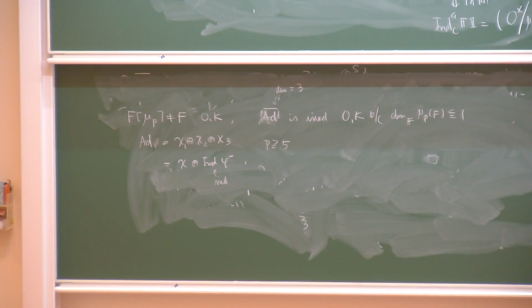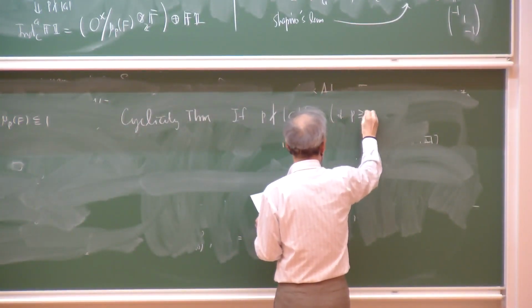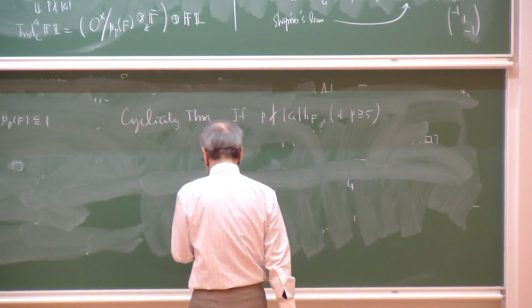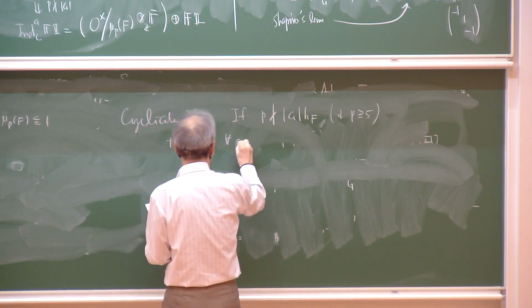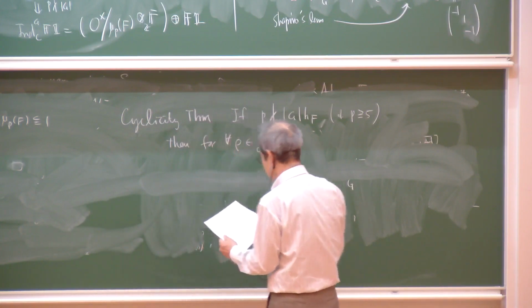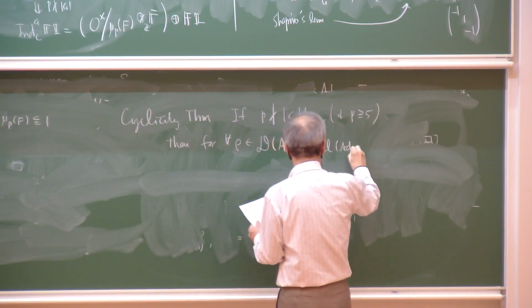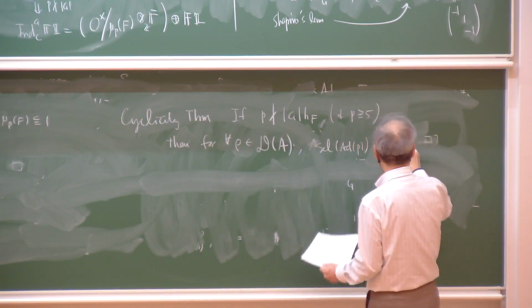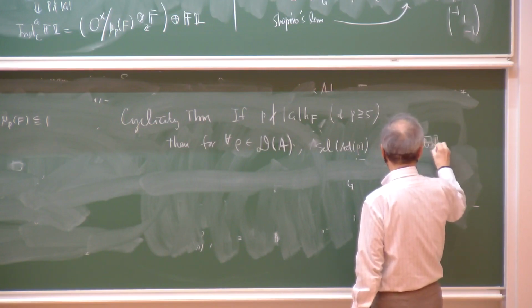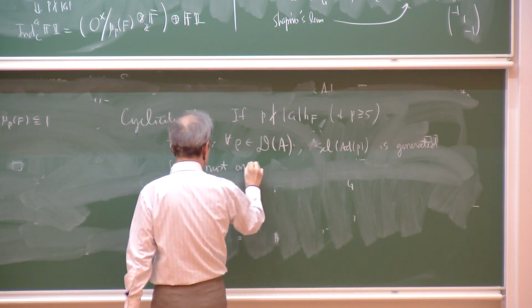If p doesn't divide G times HF, and of course p bigger than 5, then for any rho in D of A, the deformation functor, the Selmer group of ad rho is generated by at most one element